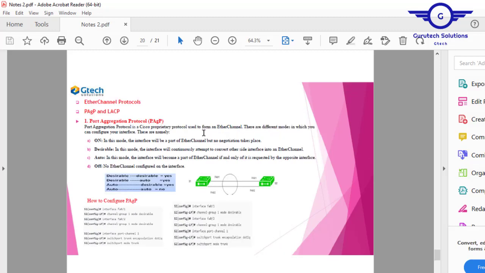PAgP and LACP. The first thing that you have to know is that when you are configuring these protocols, there are some modes that you have to take into consideration. For example, desirable, active, and auto mode, and you have to know how to configure them on both sides. You cannot configure auto on both sides. You must configure desirable on one side and auto on the other side, or desirable on both, but not auto on both. The same case applies here